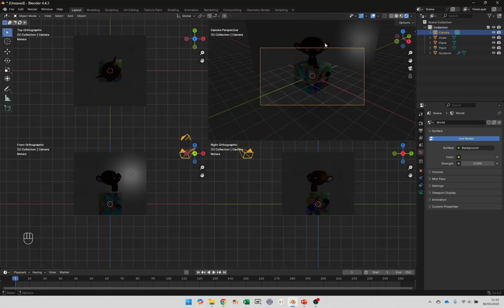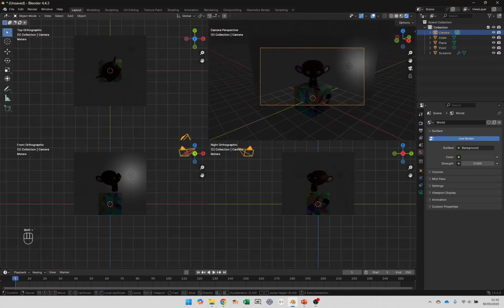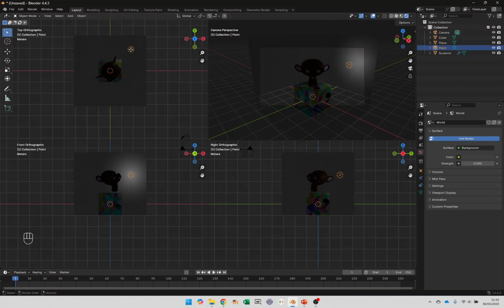The camera, I think, needs to look up a little bit, so I'll press Shift on the back tick, that's the button to the left of 1. There we go. Right, so we want this light to be over to the side, so that... no, I don't really want it in the